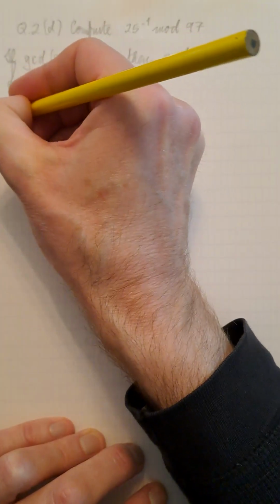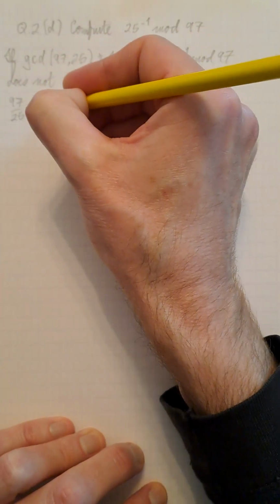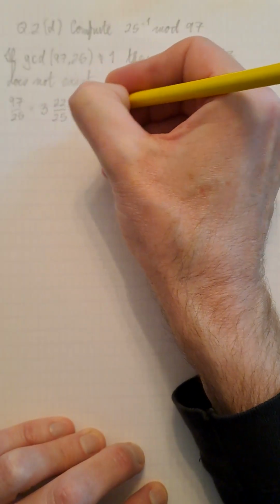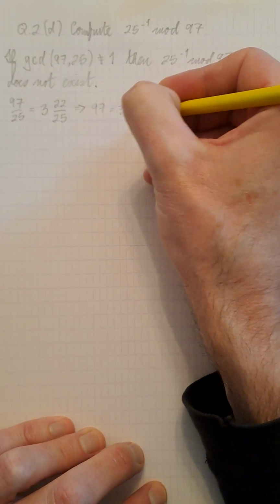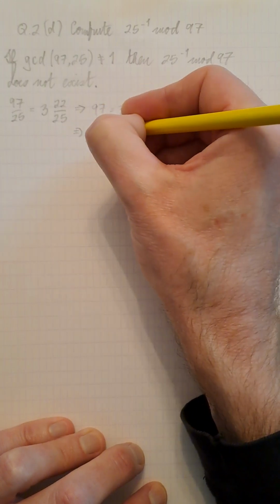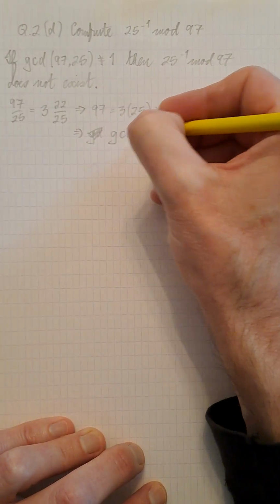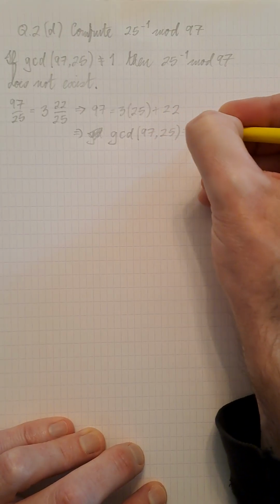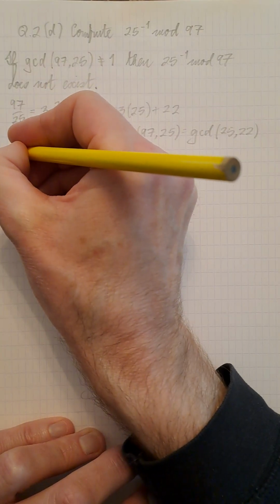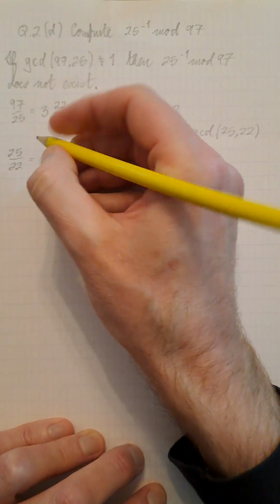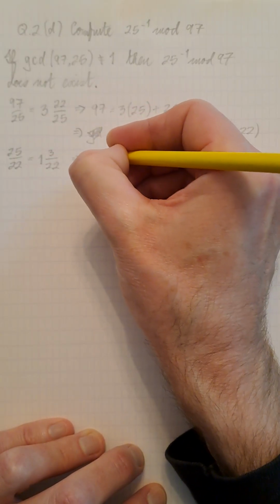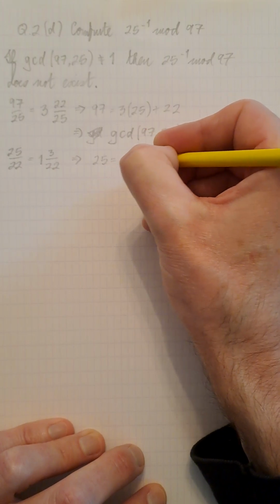97 divided by 25. Well, 25 goes 3 times, 22 over, so 3 and 22 25ths, which implies that 97 is equal to 3 times 25 plus 22, which implies that the greatest common divisor of 97 and 25 is equal to the greatest common divisor of 25 and 22. 25 divided by 22 is 1 and 3 over 22, which means that 25 is equal to 1 times 22 plus 3,